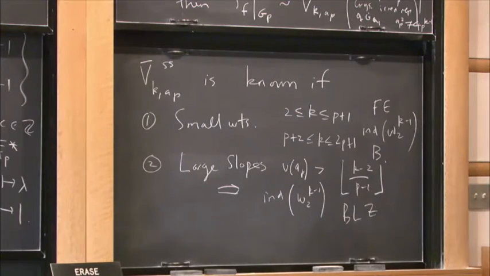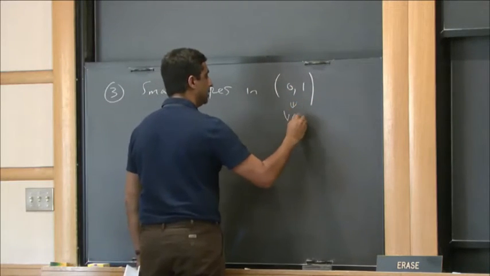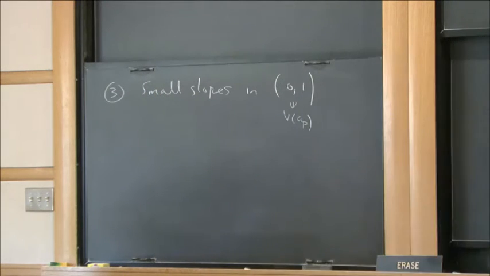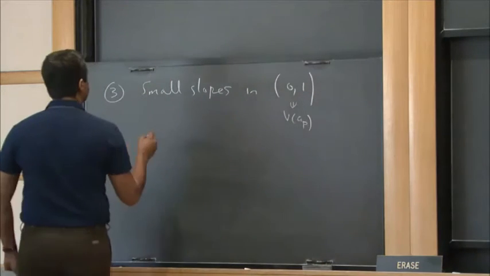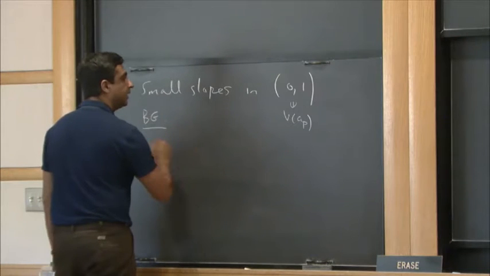And finally, it's also known if the slope is small, so in particular in (0, 1). These answers are fairly clean, except for Breuil's table. These answers are relatively nice. And this is also fairly nice. So this was done by Buzzard and Gee. So they proved that